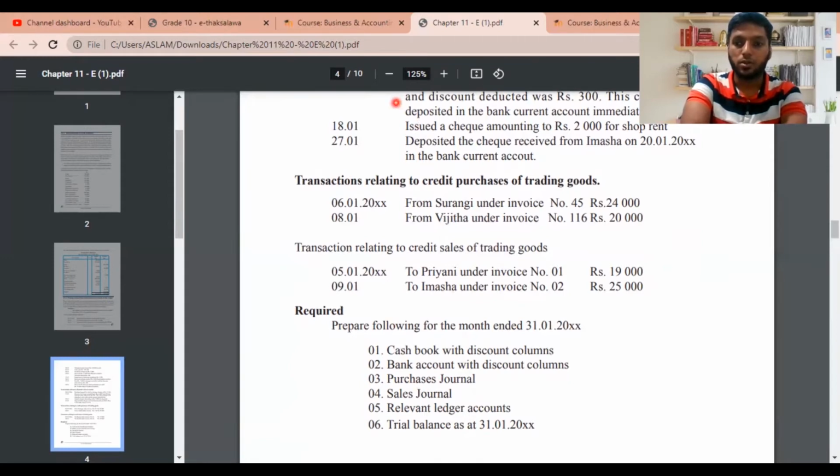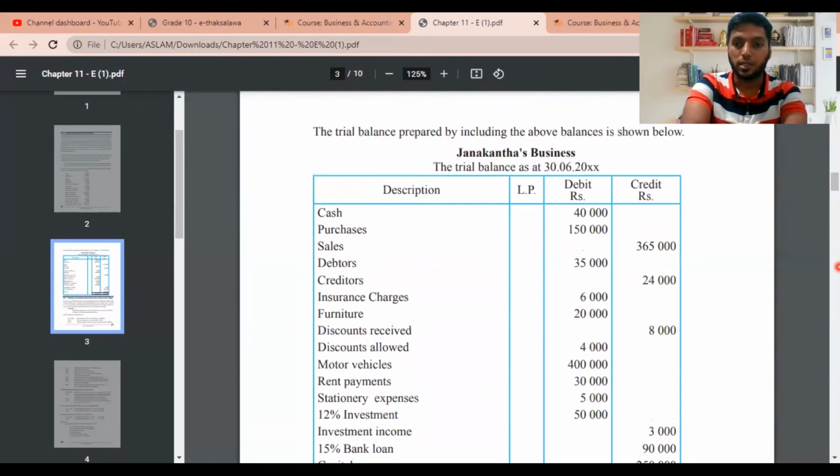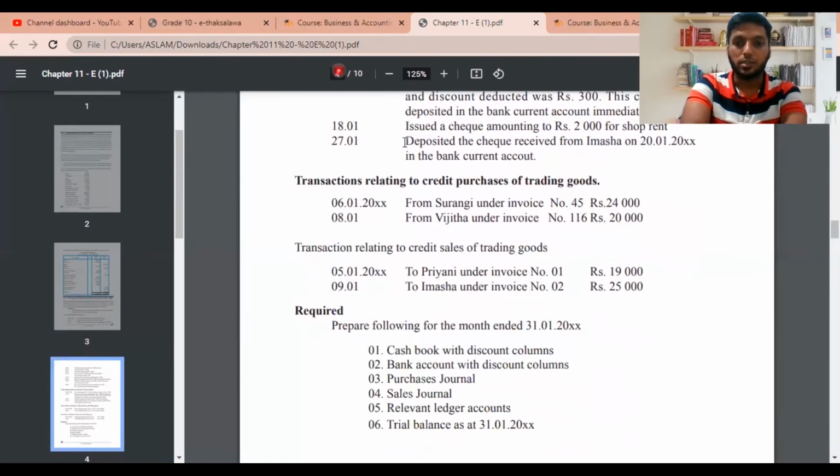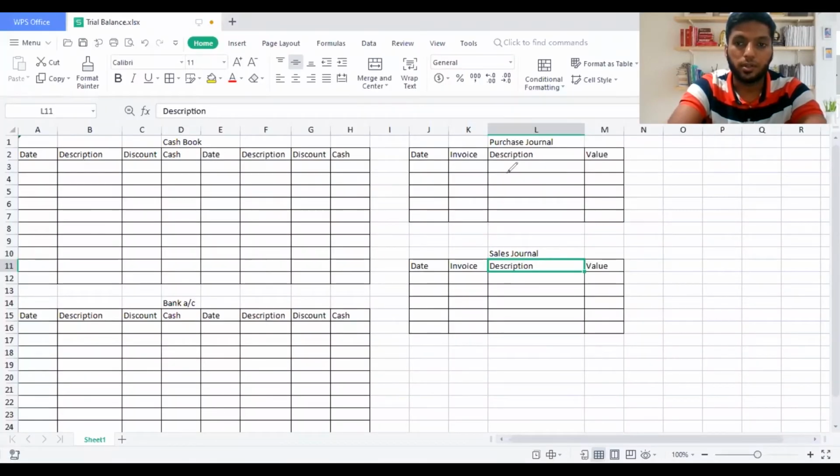Before we move on to the sum, I'm not going to start from the beginning. As I always request you, do the sales journal and purchase journal first. Then it will be much easier for us to do it. We'll start, guys, from the purchase journal as well as the sales journal. Credit sales should be recorded under the sales journal, and credit purchases should be recorded under the purchase journal. So I'm going to move on to my sales journal and purchase journal. Here I have done a small part to record it easily. Then let's start the first adjustment.